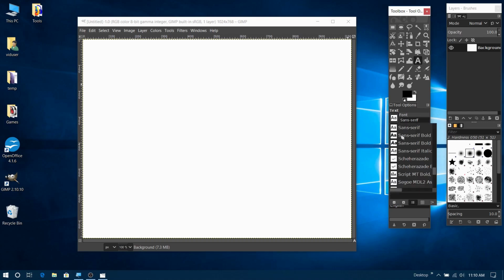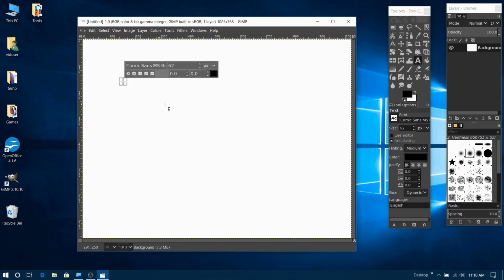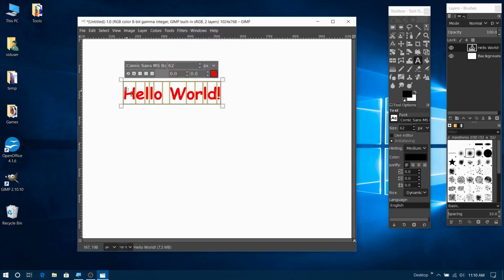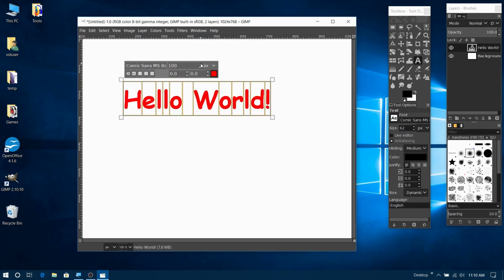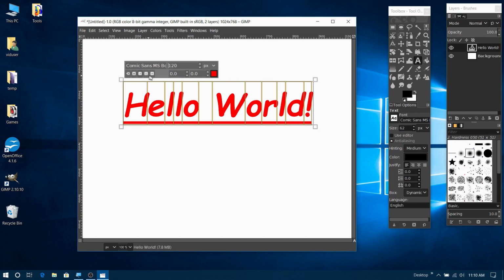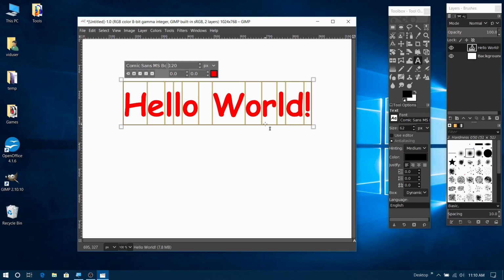Change my font. Comic Sans, a little bit of bold here. Go ahead and click this and type Hello World. I'm going to select all the text. I can drag the cursor across all the text, or I can hold down the Control key on the keyboard and press A. I can change the color. Let's use red. And I can make it a little bit bigger if I want. I can make it italic, underline, strike through. I'll get rid of those though. Now that that's done,